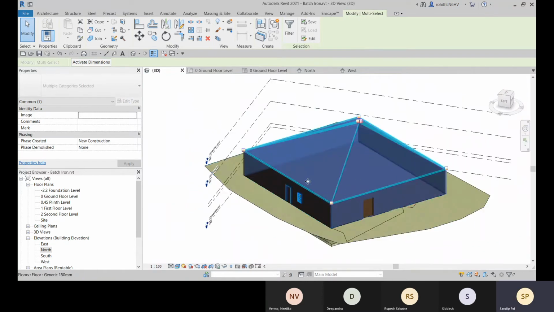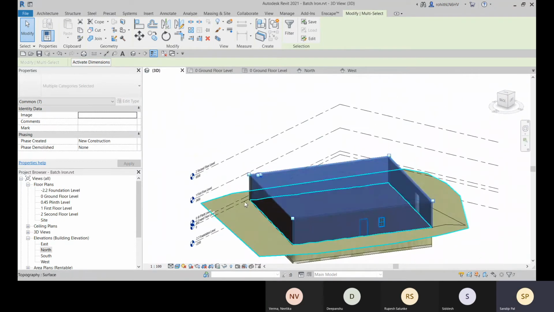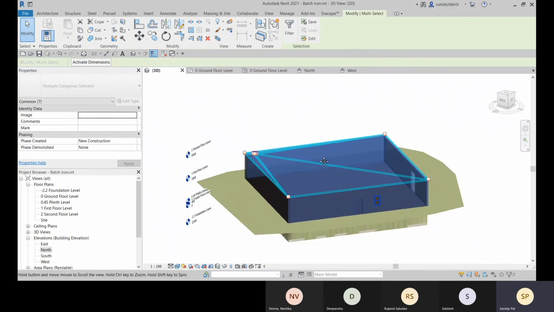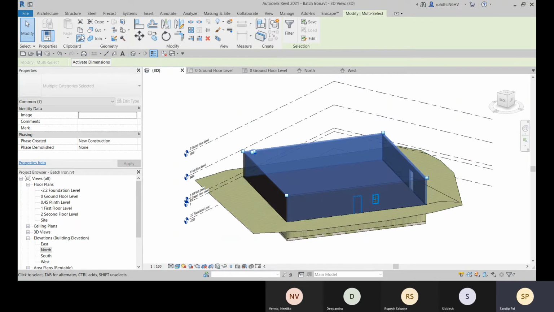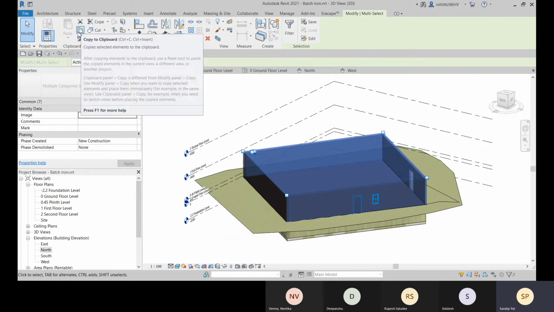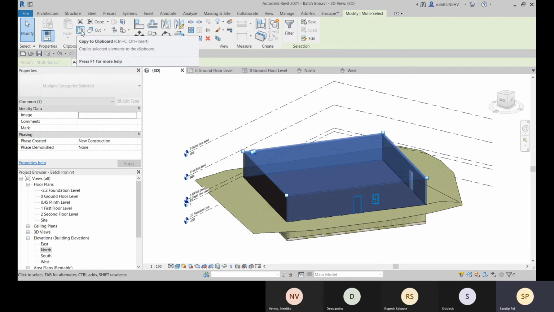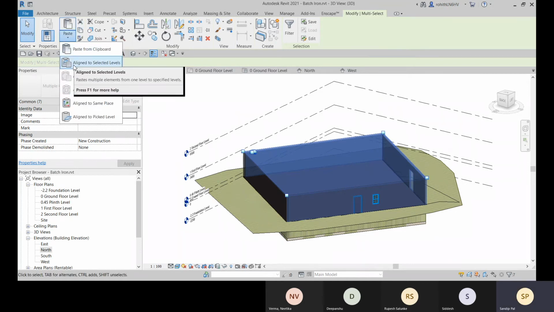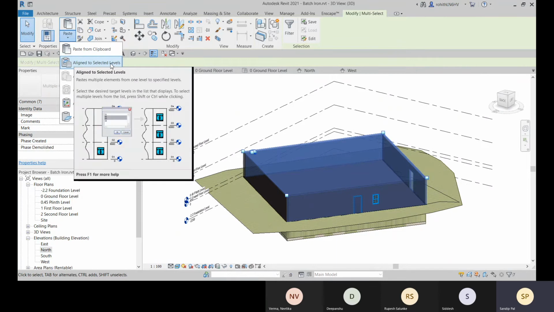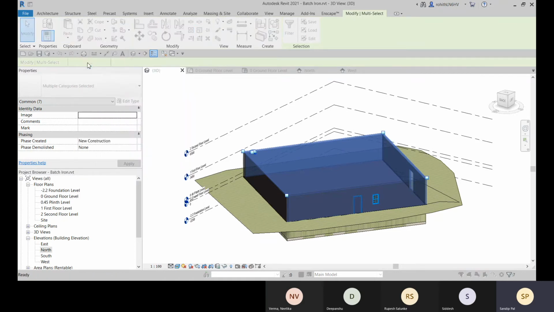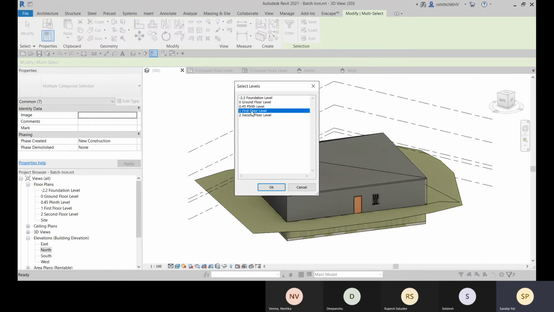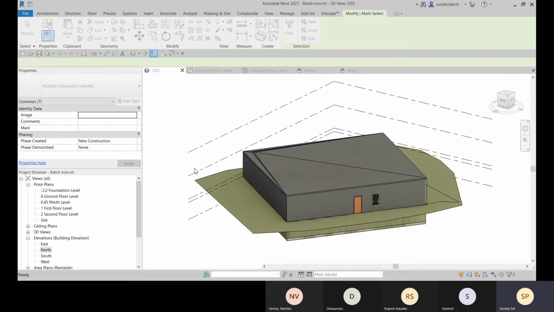If I need to place all these components on the above floors, like first floor and second floor, after selecting them I can go for this copy to clipboard option, and then go for the paste and choose aligned to selected levels. So your paste will be aligned to these selected levels. Go for these two and click on OK.